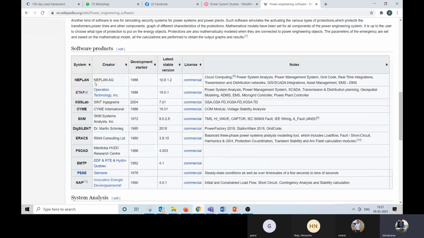Here they're writing only a few: Neplan, which is in ABB now, SIMEC, SKM, ERAC, and PSCAD and EMTP, which I will come to a little later.